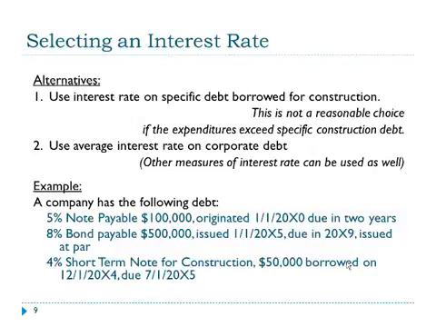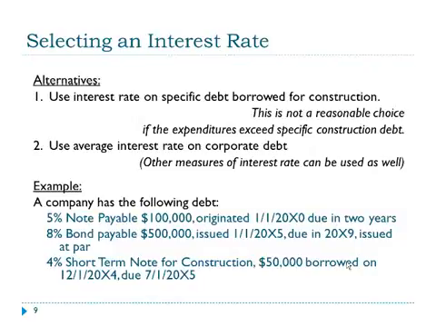Another alternative is to use the average interest rate on corporate debt. This means that one would be taking into account all of the borrowings the company had and the overall interest rate of the company. These aren't the only two alternatives, but they give us a good idea of what some of the choices are. Let's take an example of a company that has several different sorts of debt outstanding on